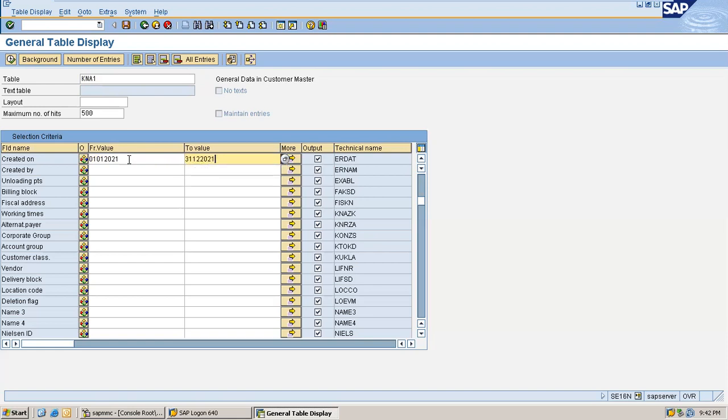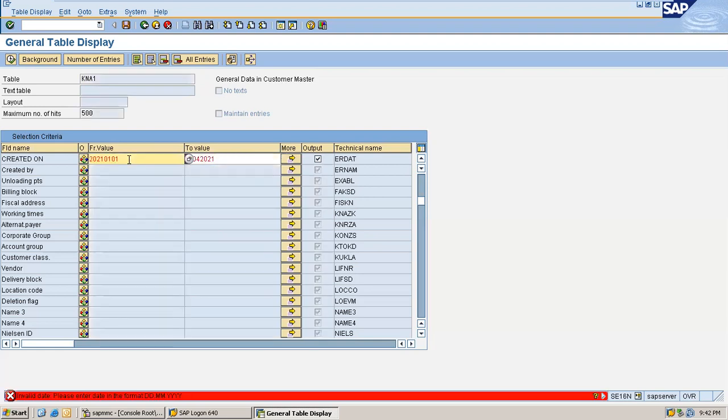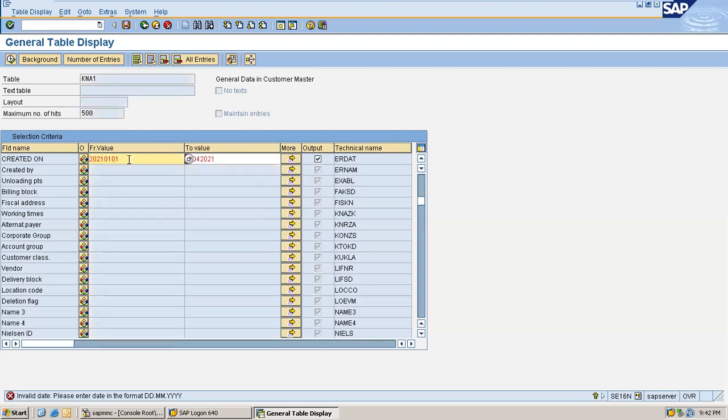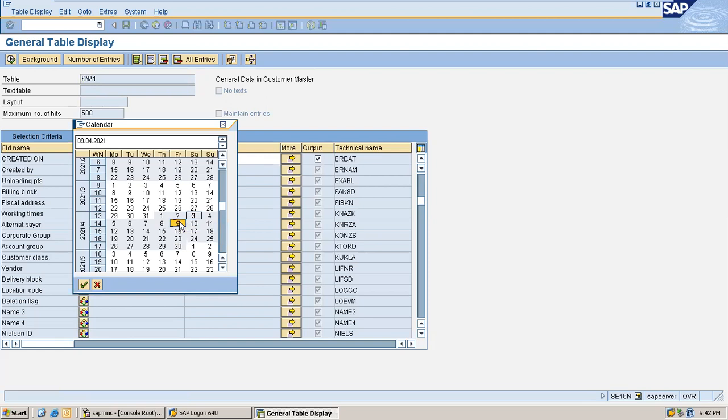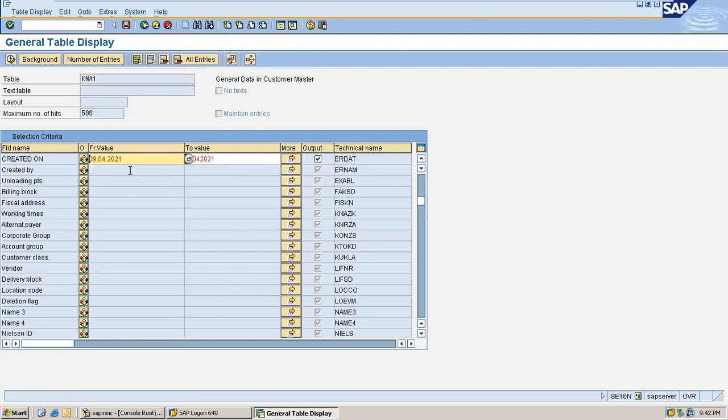Let's say 31st, I'll give 04/2021. Just leave it, take it from the format. It is not taking the format correctly. So it says 9/4. I'll take it from 9/3 instead of 4.